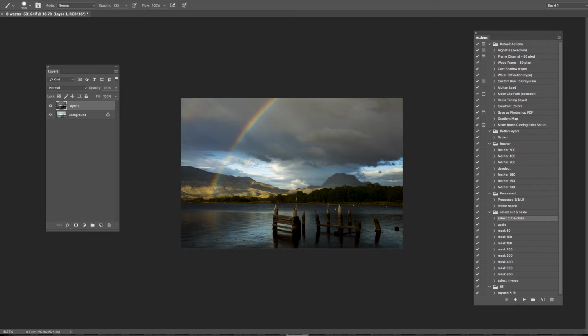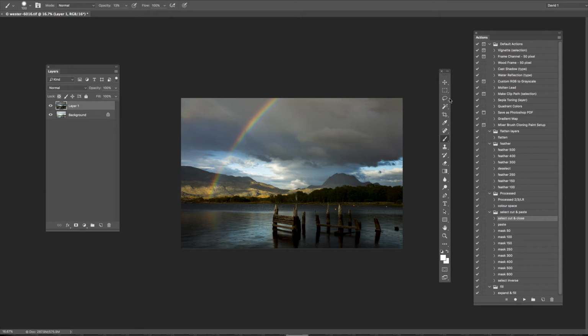So how do I do that? Well, I've got an action to do this, which helps me. But first of all, I need to make my selection of the area that I want to see,